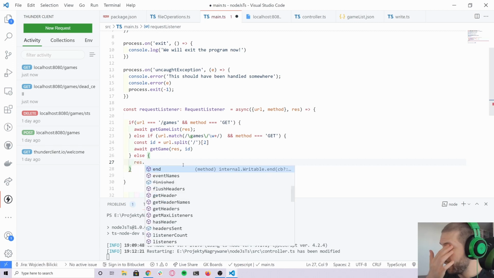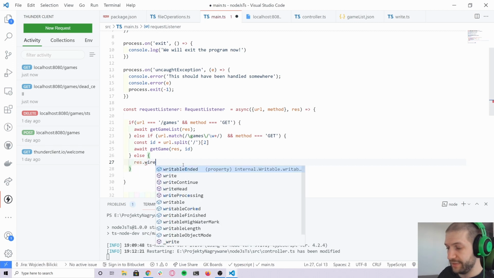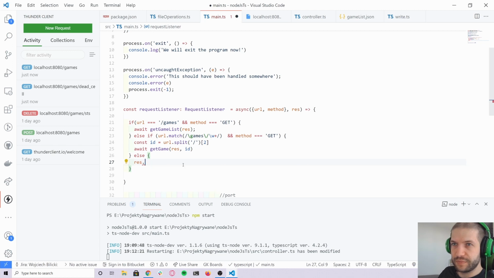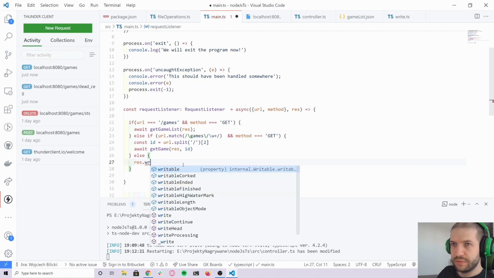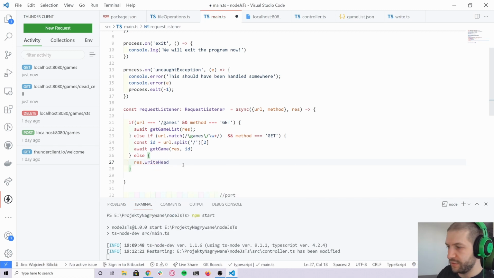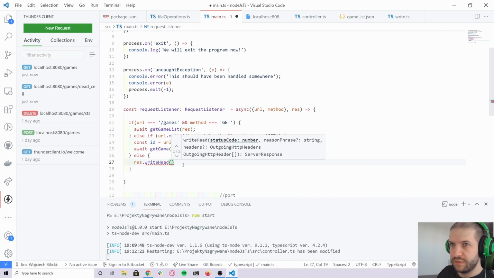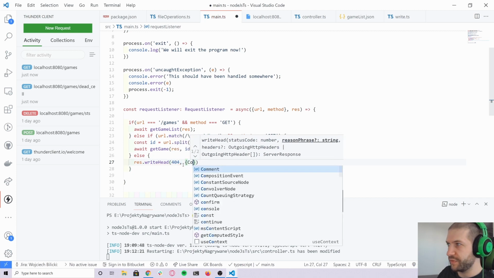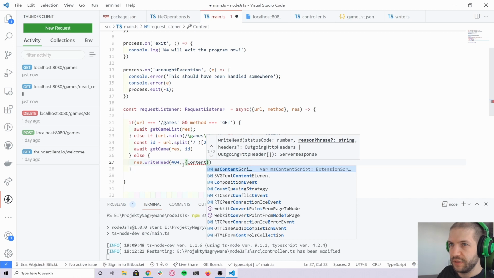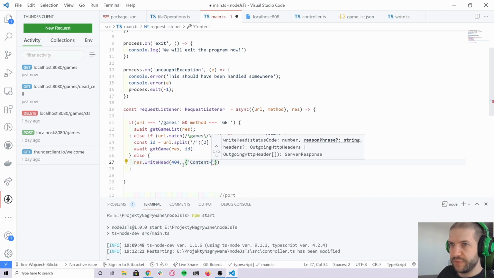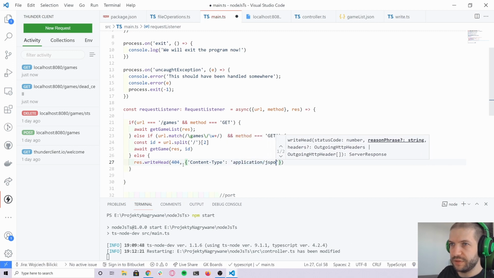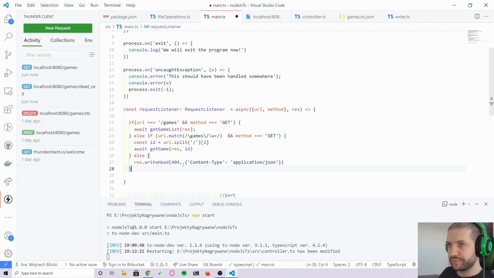So if we don't match any URL, I would just write 404 with content in JSON